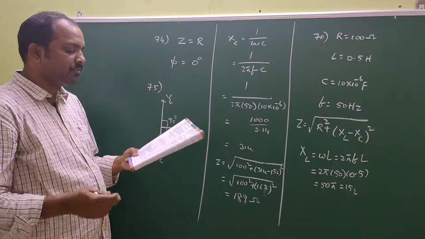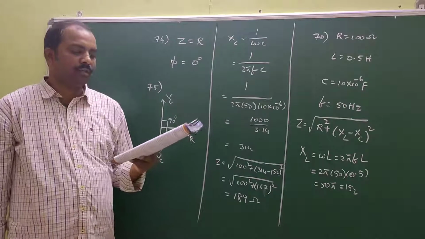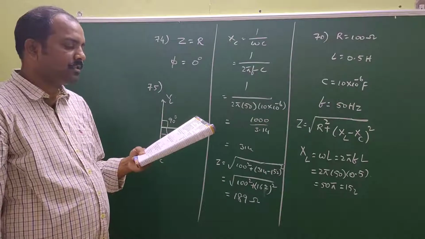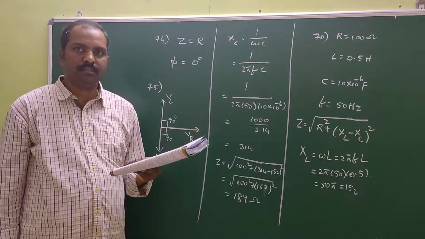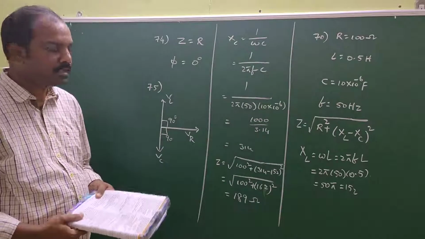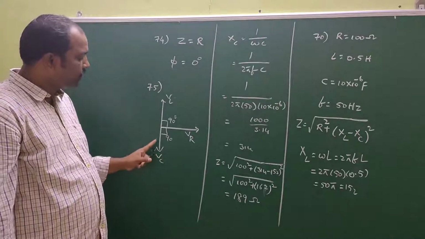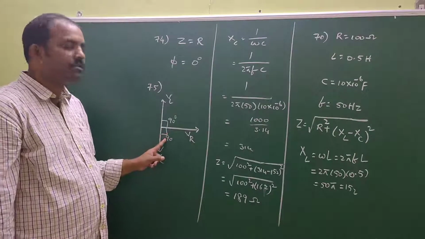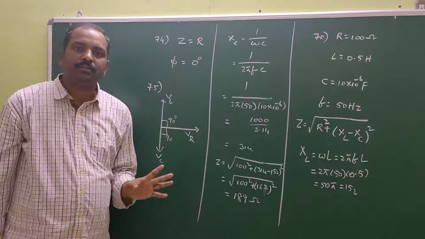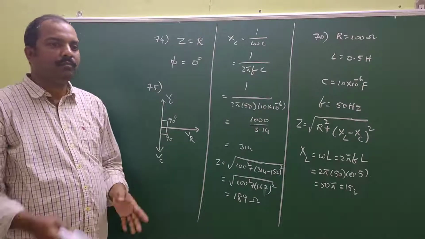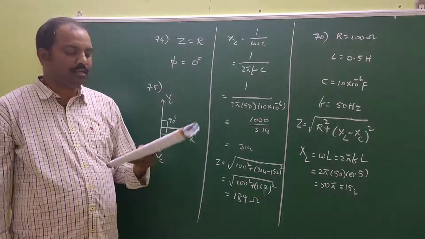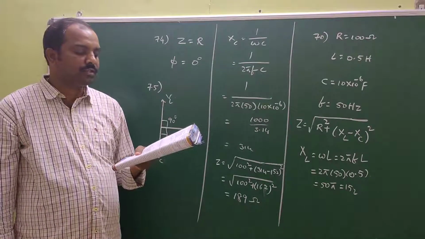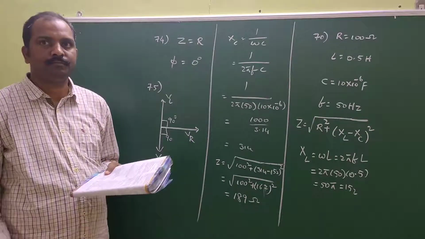Just check the fourth one again. The phase difference between the potential across the capacitor and the potential across the resistor is 90 degrees. Yes, that is correct. See, potential across the capacitor and across the resistor, what is the angle? 90 degrees. So that is also a correct statement. Which one is incorrect? The third one is incorrect. So the answer for that question is the third option.